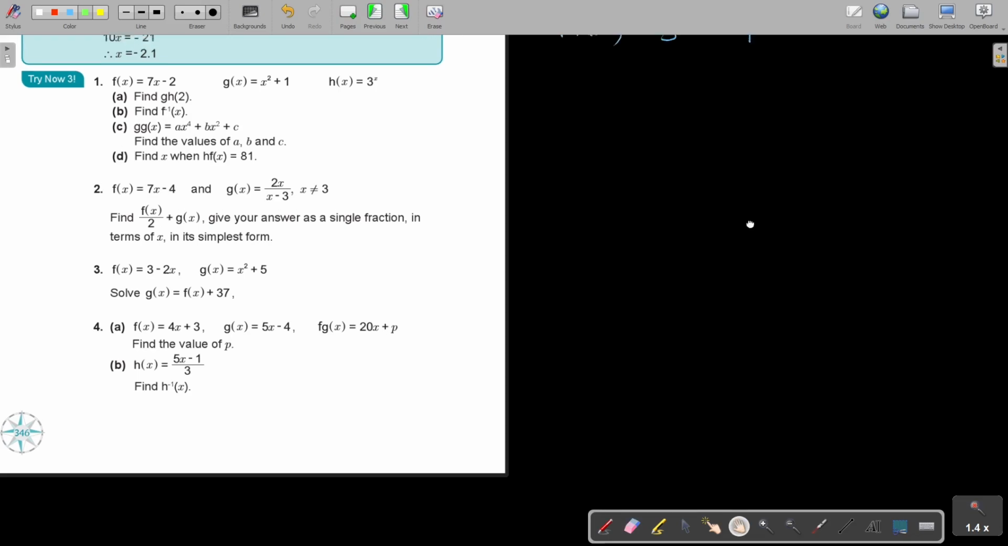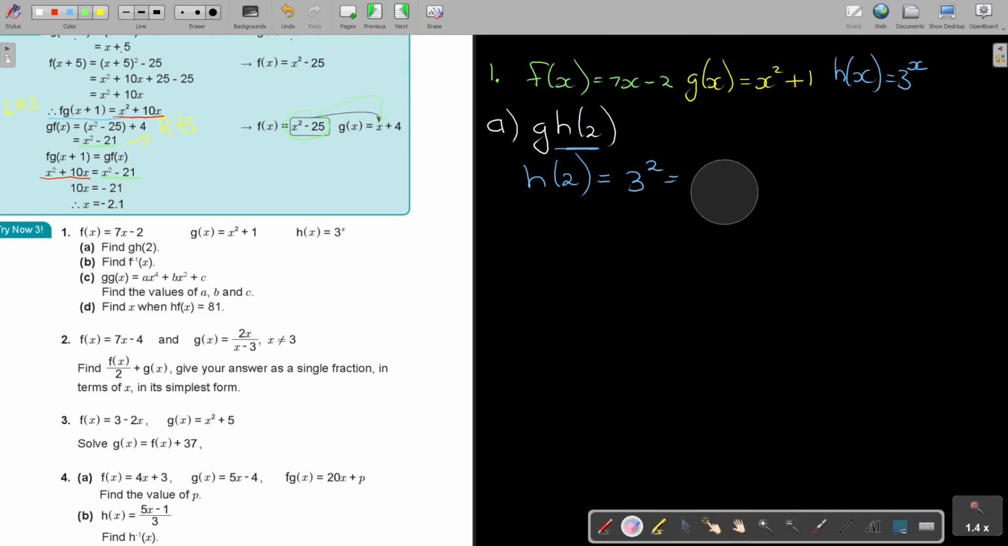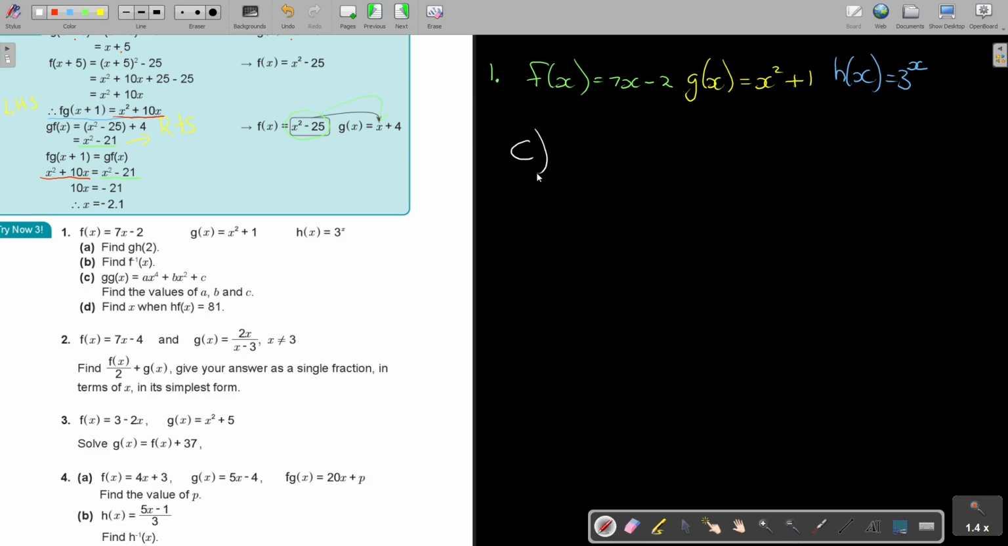Okay. Just want to clean here also. Okay, so let's go for number C. If I look at number C, it's going to be g(g(x)), and that's going to be a x to the power of 4 plus b x squared plus c. Find the values. Okay, so basically the first step that I'm going to do here is I'm first going to